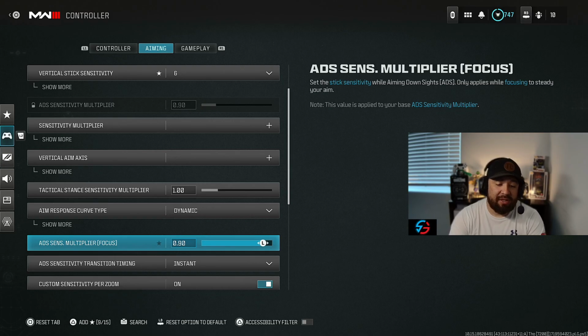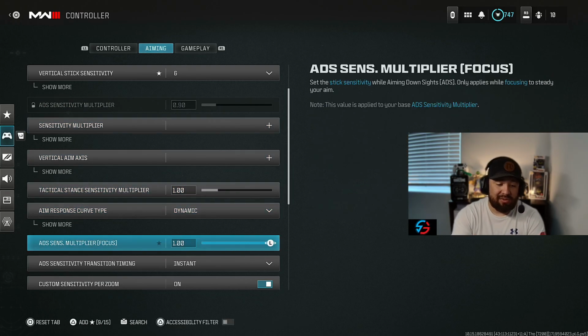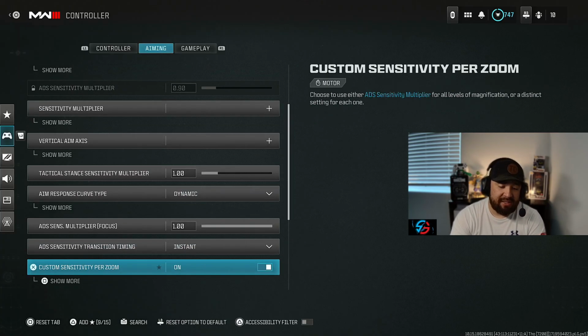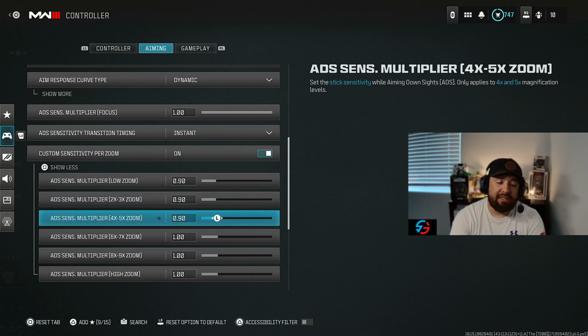I did it for a little bit, but it felt really weird, and it felt too slow. So 0.90, and I'm running 100, just regular. I'm not changing that. Another thing is instant rather than gradual. I recommend instant. And then I am running a custom, so 0.90, 0.90, 0.90, so it kind of lines up